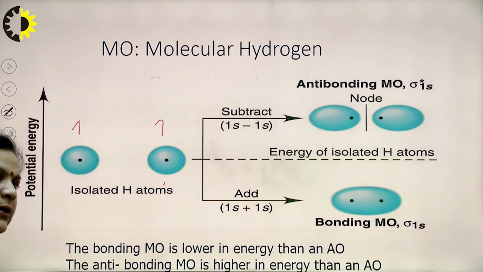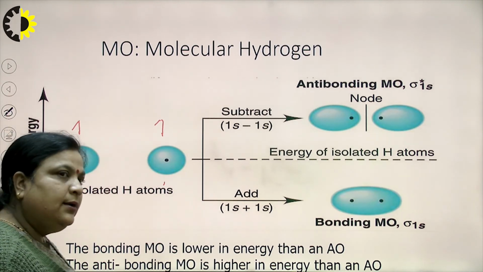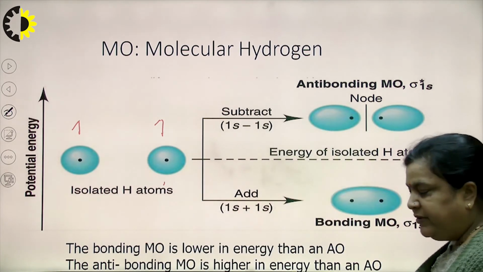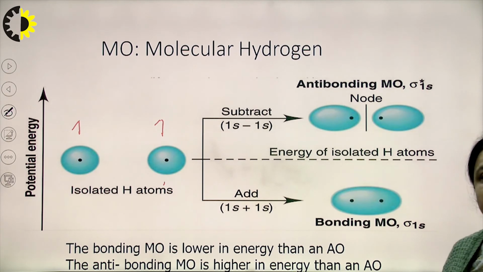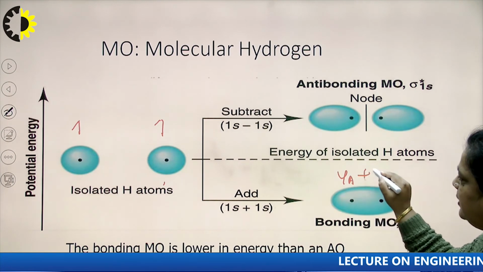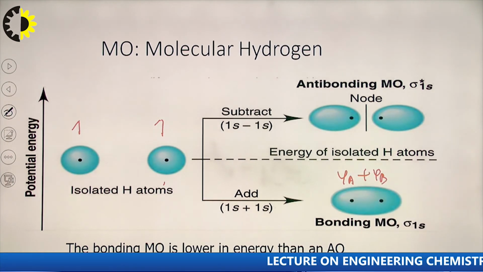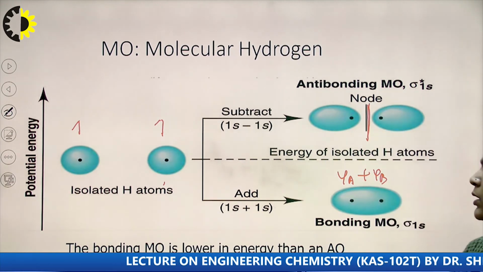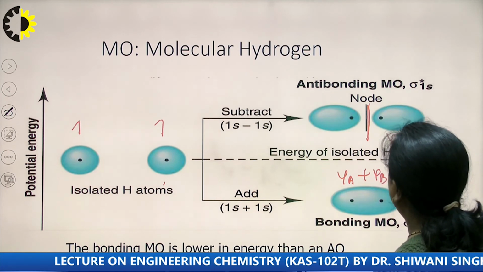But before entering the electrons, first we see how these atomic orbitals overlap, and they overlap as per the LCAO method. So when 1s orbitals get combined, either their wave functions support each other or oppose each other. When they support each other, a bonding molecular orbital is formed, so we can say psi A plus psi B. If they oppose or cancel each other, a nodal plane gets formed, where the electron probability is 0. In this case we can say psi A minus psi B.